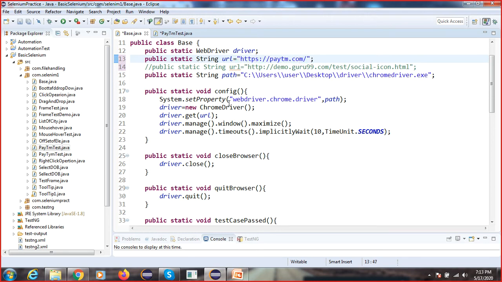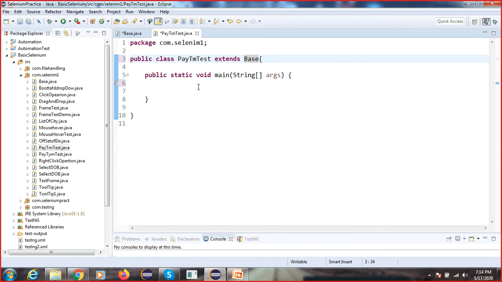So this config method, what it will do, it will launch the browser, maximize. I've given the 10 seconds also. Okay, if some requirement is there, you don't want to maximize, don't want to give this, then you can create another two methods and write inside this. So it depends. Okay, now I'm going to call here base.